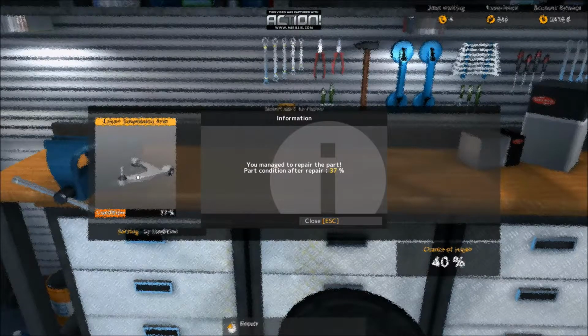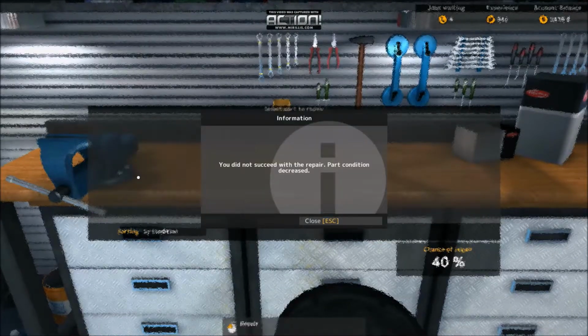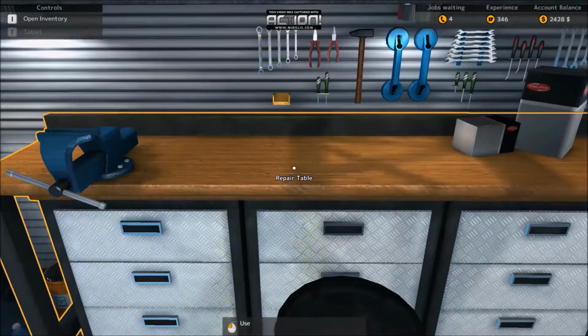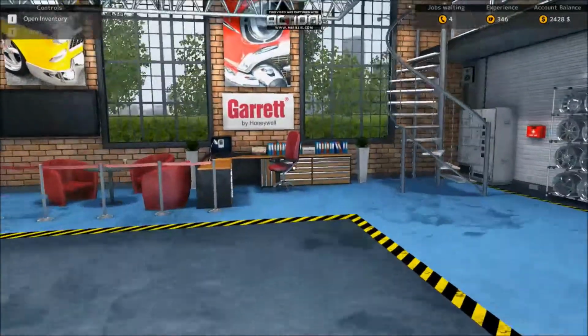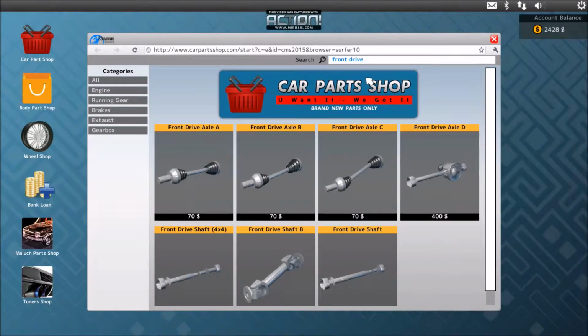We managed to repair the part. Part condition after repair, 37%. Let's try again, and we broke it. See? Not a very good chance. We broke it. That's okay. We can afford a new one. We were going to buy one anyway, so...